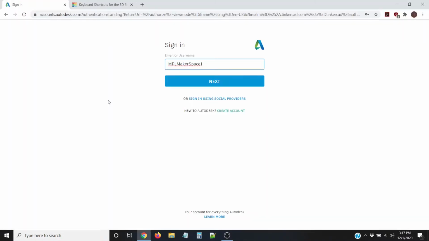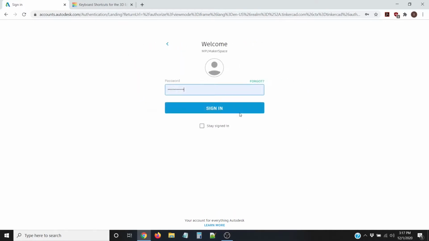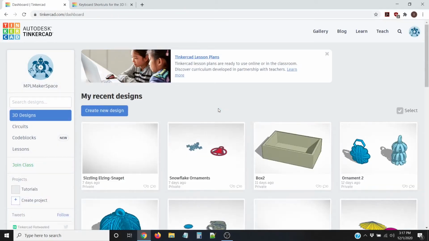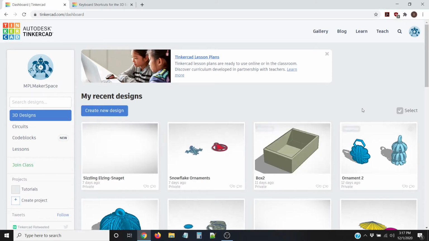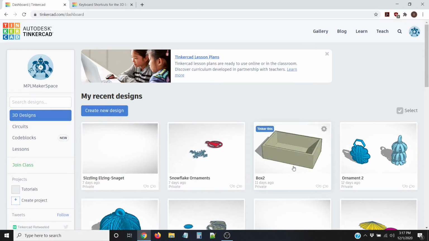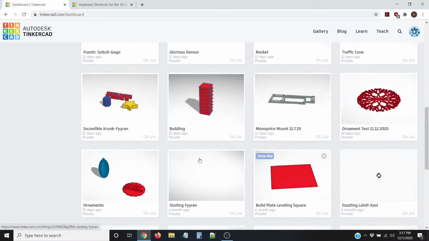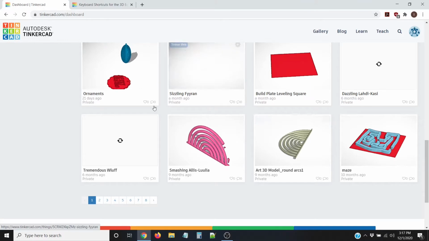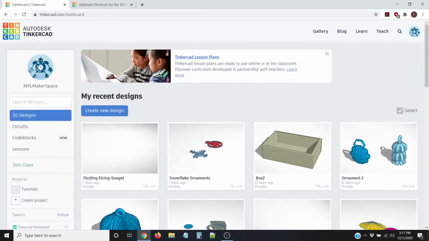Okay, so now that we are ready to go and start modeling, I'm going to sign in. Just a second. All right, so now I'm going to go over the interface of TinkerCAD. First thing you'll come to is my recent designs. You'll see some ornaments that I had started working on and some other stuff. This is the area where the models you create are going to be saved, and they're saved in your cloud account, so they won't go away. So you want to click on Create New Design,